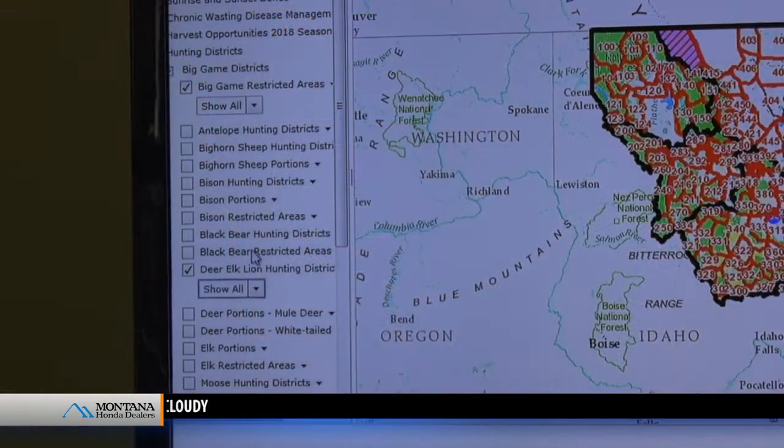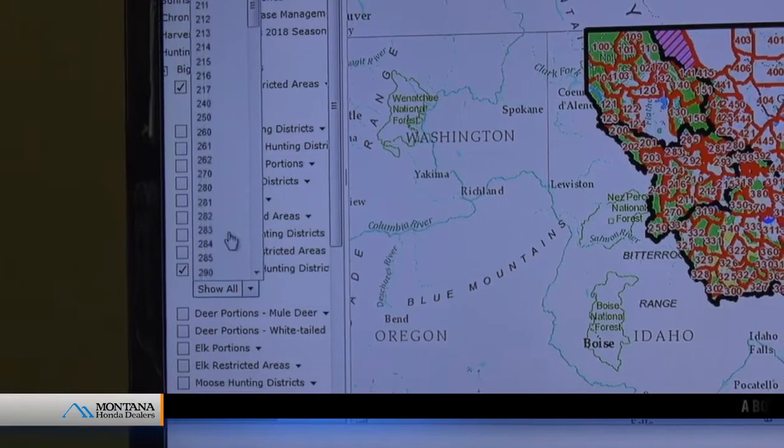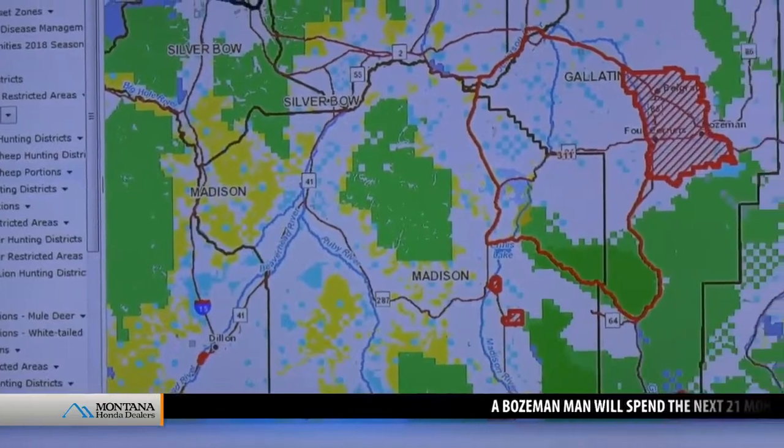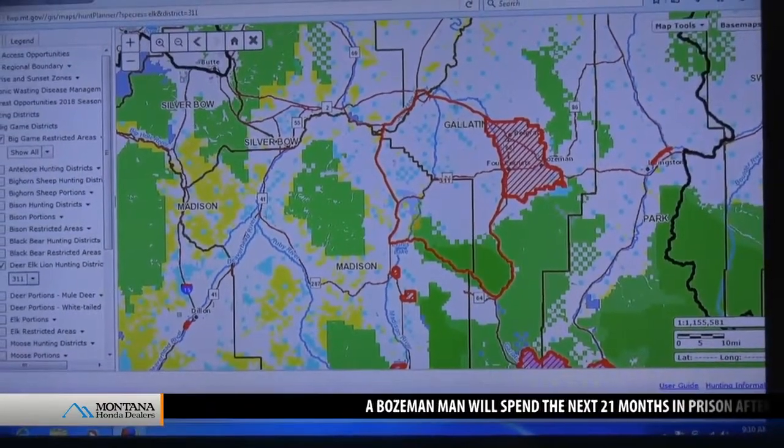Yeah, so we have something called the Hunt Planner that's accessible on our website for all the public, and it's a great tool for planning your hunt. You can filter through a bunch of information based on what species you're hunting and what hunting district you're interested in going to. You can also view things such as our block management parcels. If you're hunting in 311, for example, you can see all the parcels in that area you might be able to go on. You can also view fishing access sites and wildlife management areas. So there's a ton of information you can pull up to help you plan your hunt.